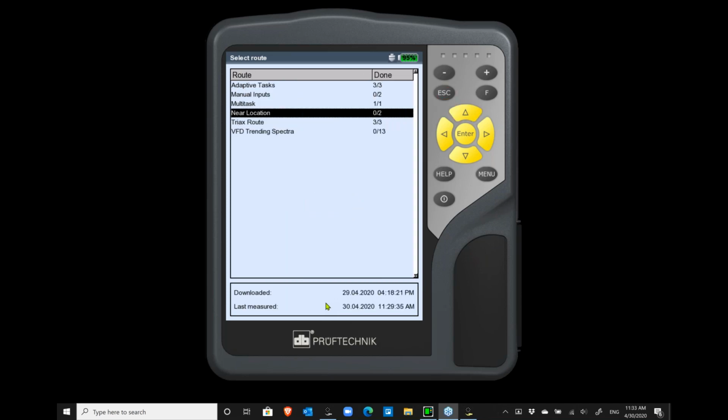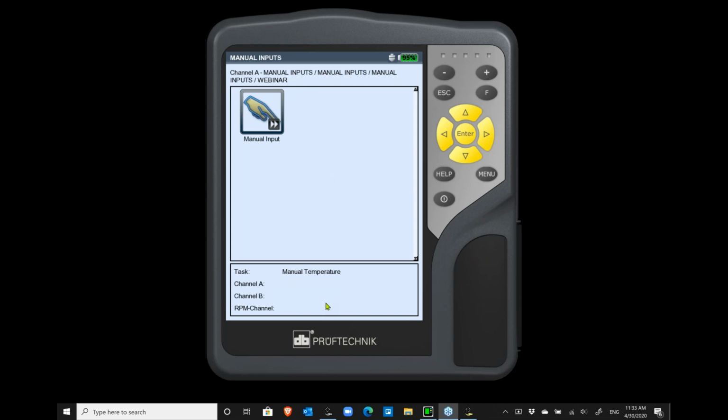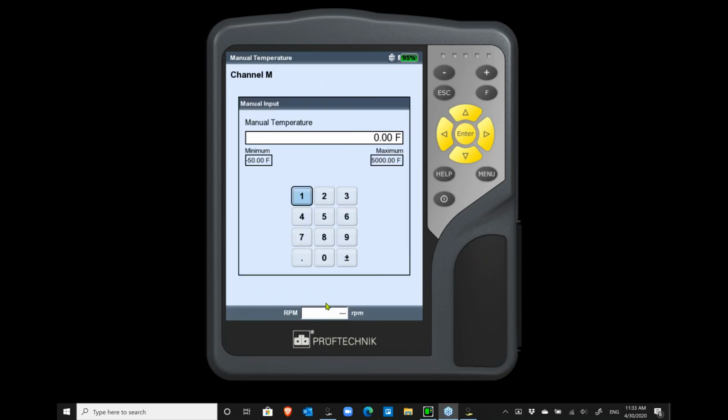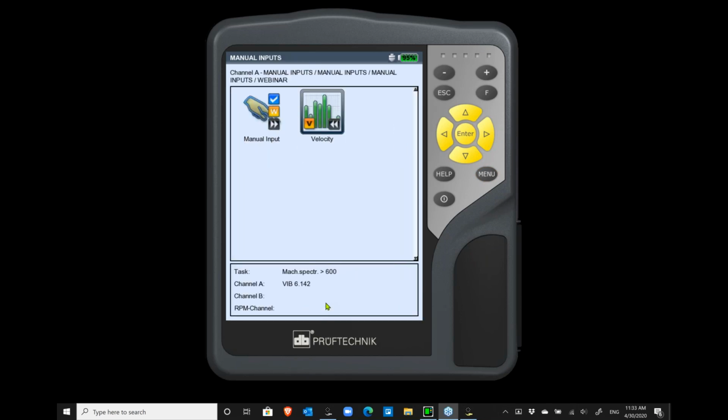The manual inputs that we created, here's what they would look like. We have a manual input here. It is just asking me for a numerical value. And again, if I put in a number that is quite high, we can get an alarm trigger on there. And this particular one actually has an alarm trigger as an adaptive task that it then takes a Spectra, which